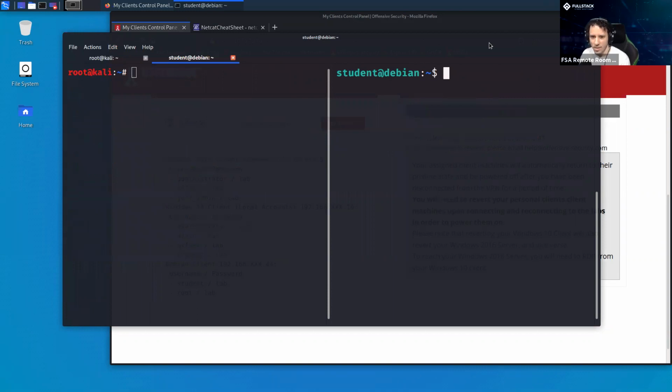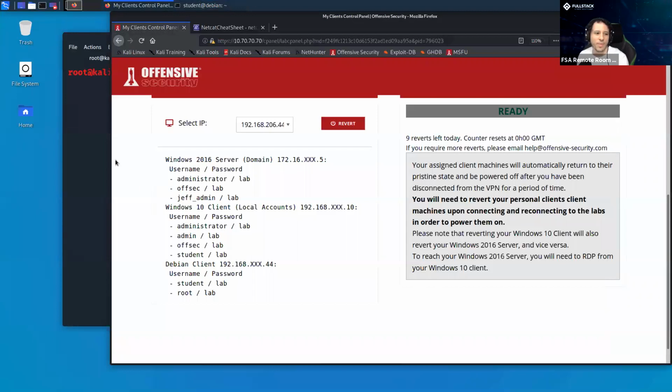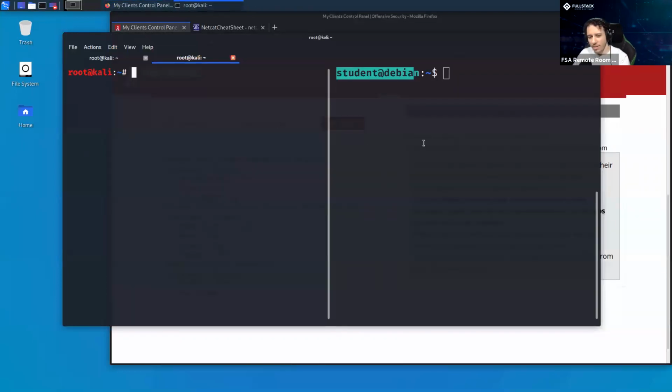In a reverse shell, from our target, who is student at Debian, we're going to throw it somewhere. It's like you tricked someone into throwing their shell somewhere and you caught it. Like, ha ha, I got your shell, right? So how are we going to do that? Well, on this side, somehow get this machine to do NC -nv, give it the IP address I want to connect to,